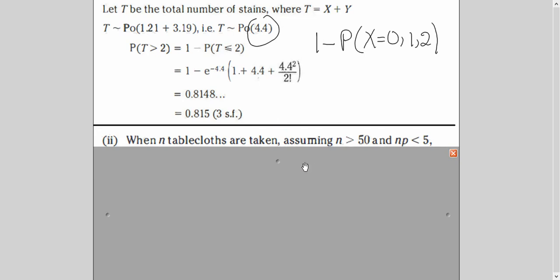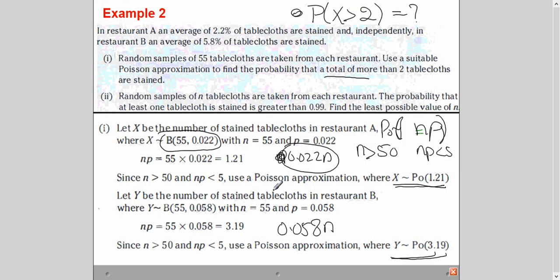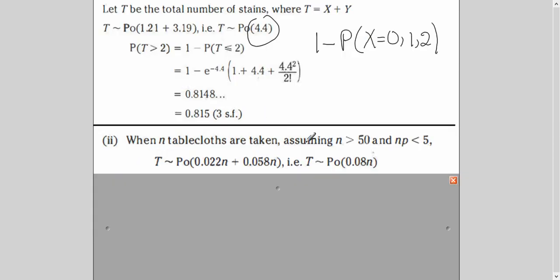Let me just write here first of all. By the way, we are assuming that n is greater than 50, because when you are using this approximation, you have to keep n greater than 50 according to the condition. So you will say, assuming n is greater than 50. When you're solving a question, there are certain things you assume, and you mention them, right? So now my new lambda will be 0.08 n total.